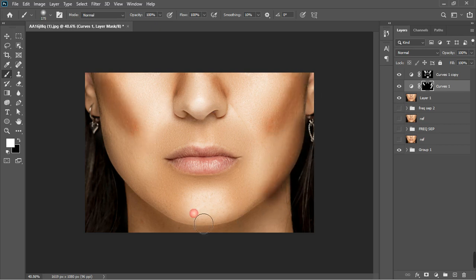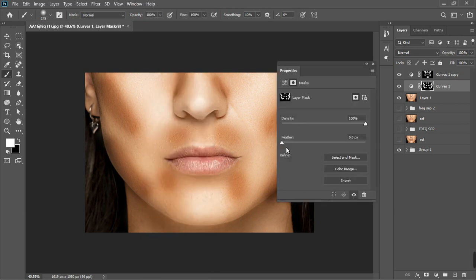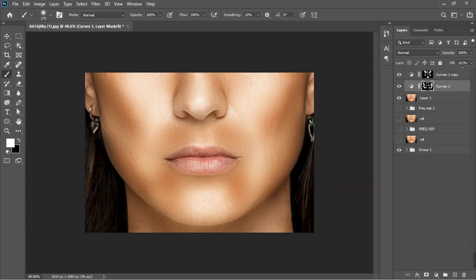I'm gonna bring it down the chin, then down the chin, just small a little on this side, and on this side. And let's go to Windows, Properties, and let's blur it out or feather it out a little. That looks good. Alright, so now I'm going to double click on this one to bring out the blending option